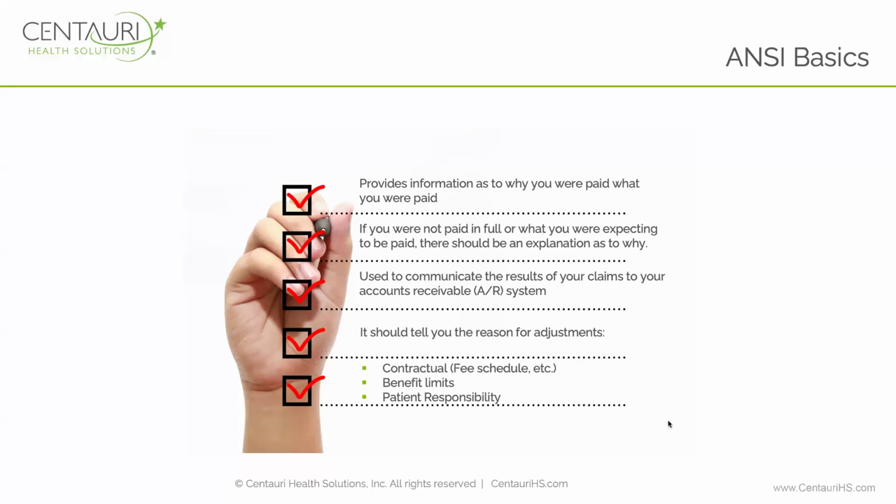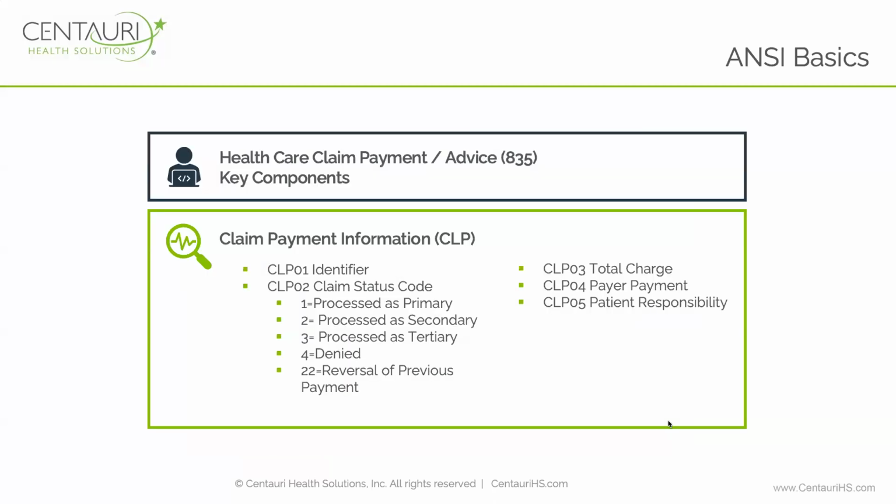If you don't have simultaneous secondary billing, it's going to tell you how to secondary bill. It's going to tell you how to adjust. But basically, it's going to give you payments and other adjustments. Of course, payments are adjustments also, but to your accounting system. It's going to give you contractuals, limits, and essentially patient responsibility. Those are kind of the core elements of it. So to get into a little bit of the key components,